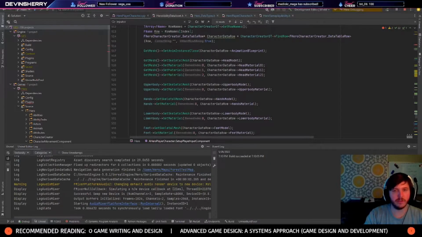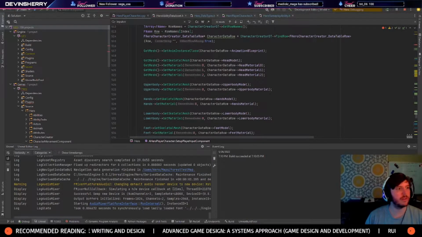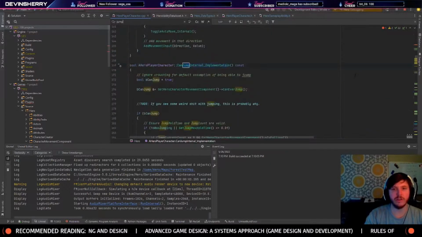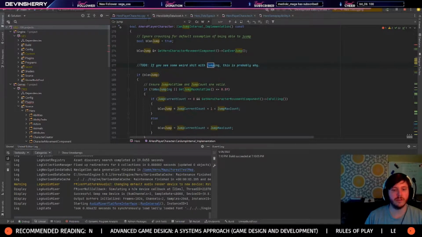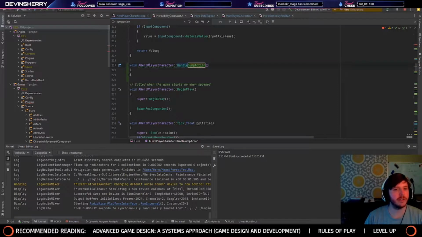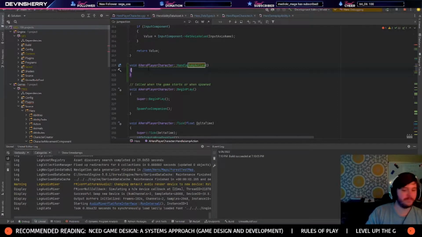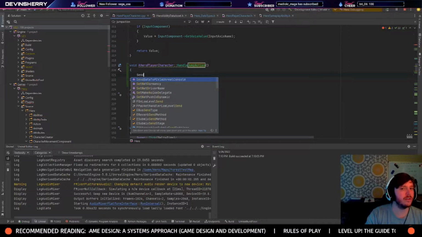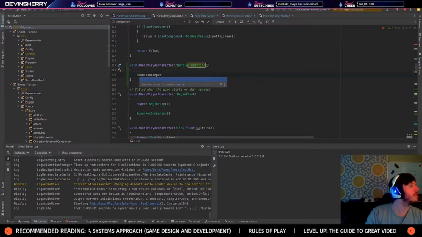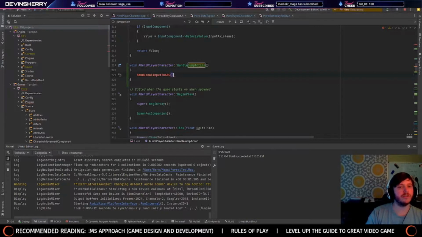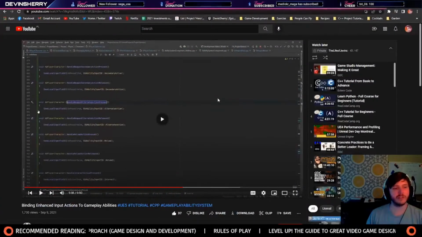I don't know where that is. Jump. Oh, wrong window. Jump. Action. Yeah, handle jump action. And he has a function. It says send local input to ASC. Honestly, we don't have anything like that, so let's see more exactly what he's talking about